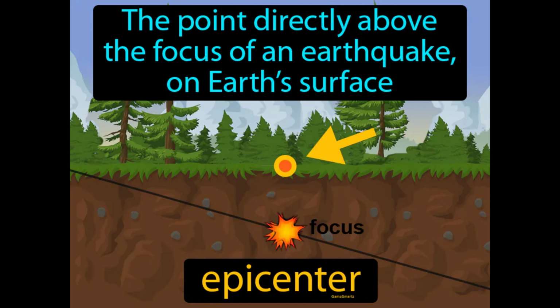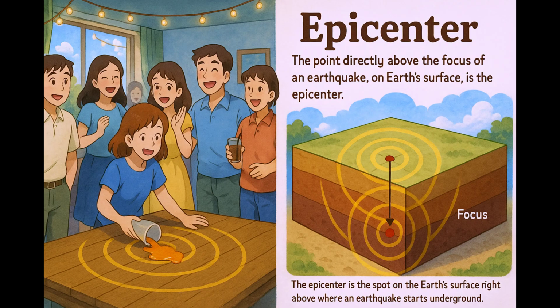The point directly above the focus of an earthquake, on Earth's surface, is the epicenter. The epicenter is the spot on the Earth's surface right above where an earthquake starts underground. Imagine you're at a crowded party, and someone spills a drink in the middle of the room. The immediate splash and wetness are felt at the center, but soon, everyone around the spill starts feeling the effects